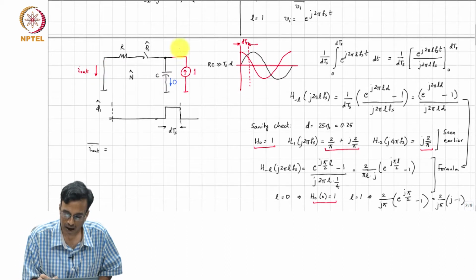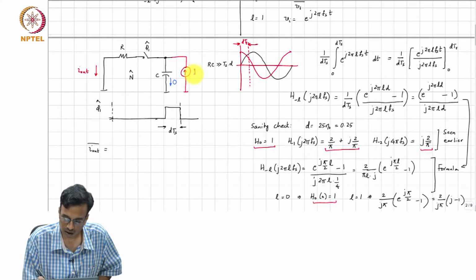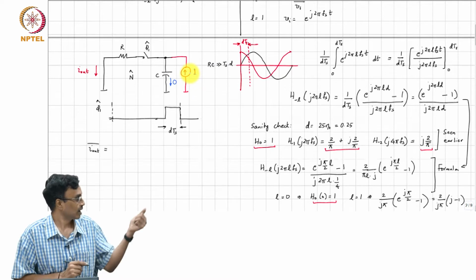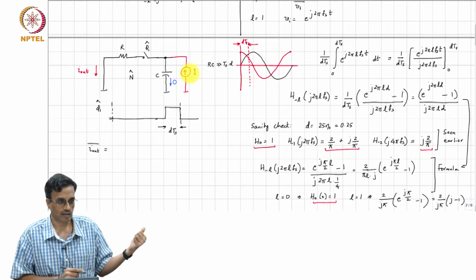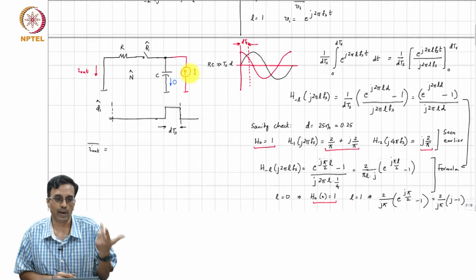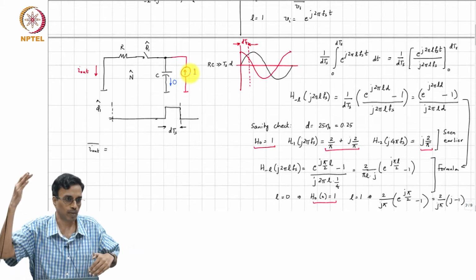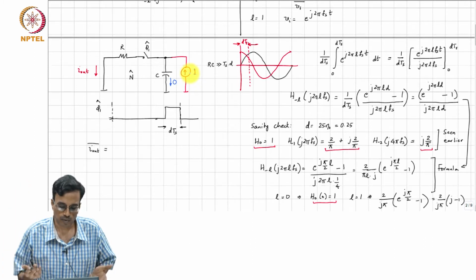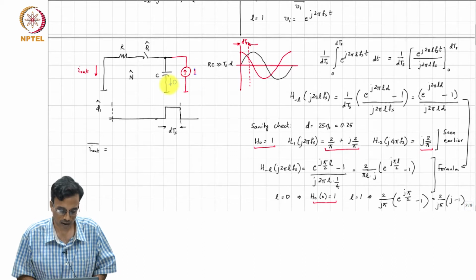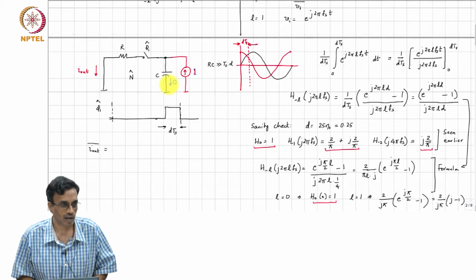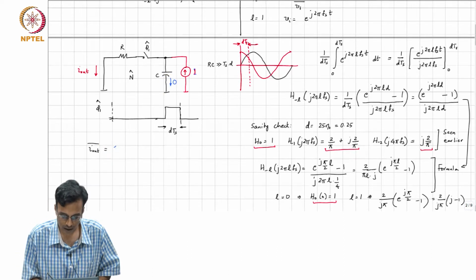So, the 1 ampere current that you injected can only flow through ground through two paths. One is through the capacitor and one is through the resistor, right. The average current through the capacitor is 0. If it was not 0, the voltage across the capacitor would have blown up to infinity, which is of course not possible, and so therefore, the average current through the resistor has to be 1, right.